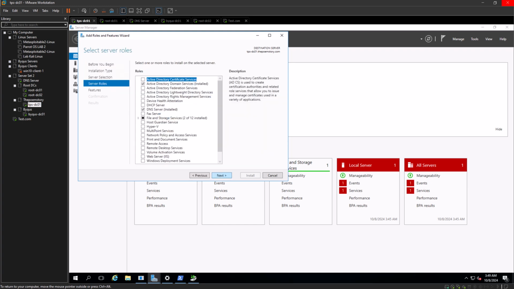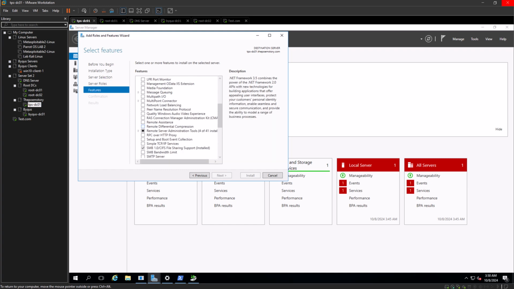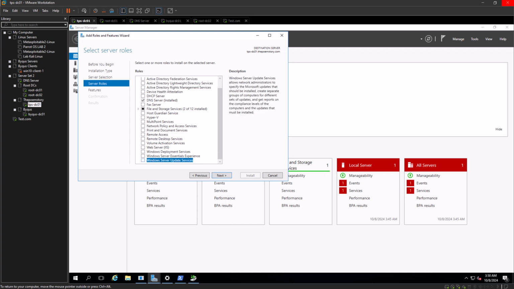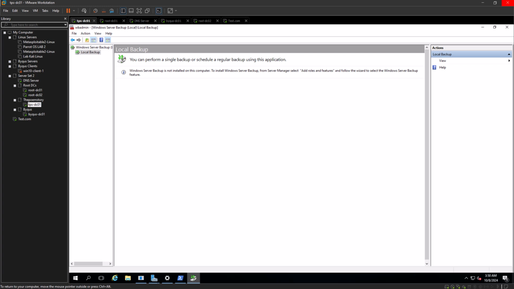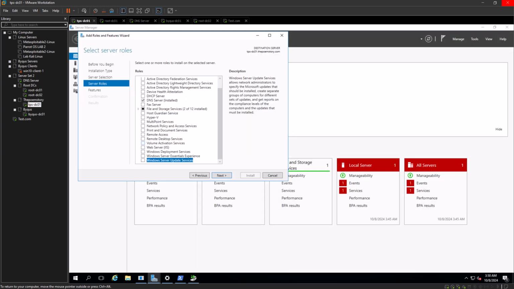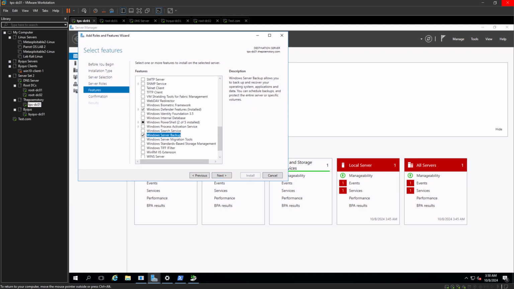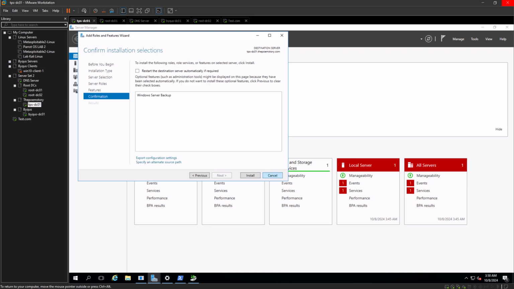Next, for the backup to work, you have to install the backup service. Let me see, the service is Windows Server Backup. Windows Server Backup is there, right? So it is in the features. It is a Windows feature, Windows Server Backup. If I go and install it,